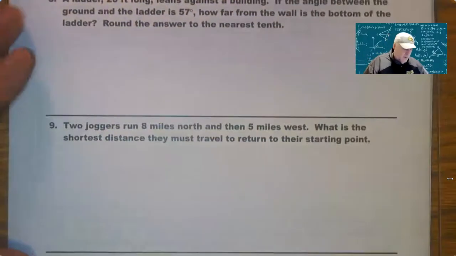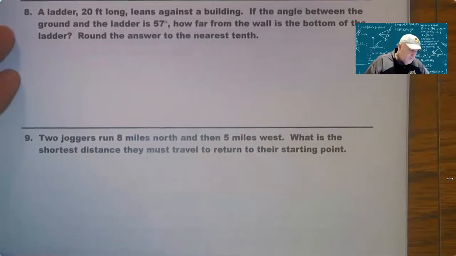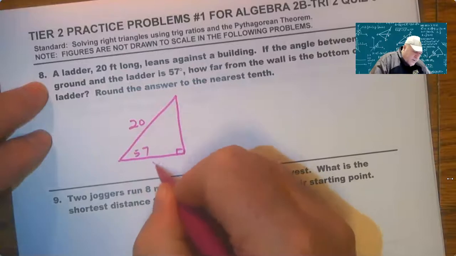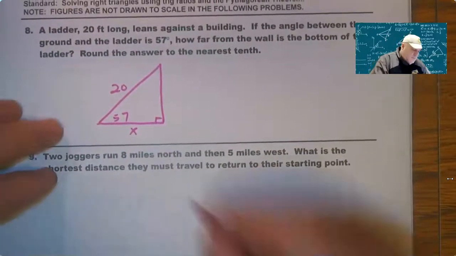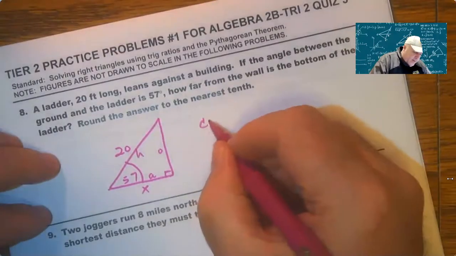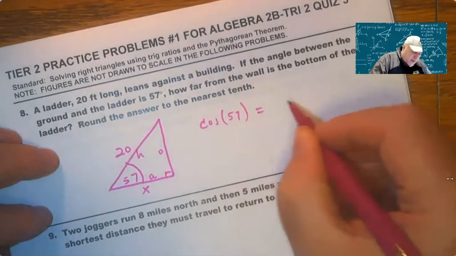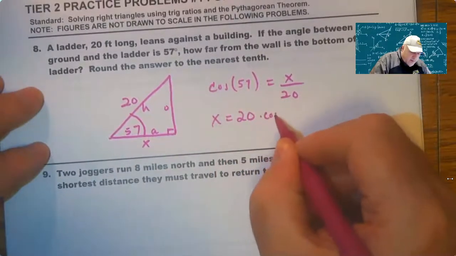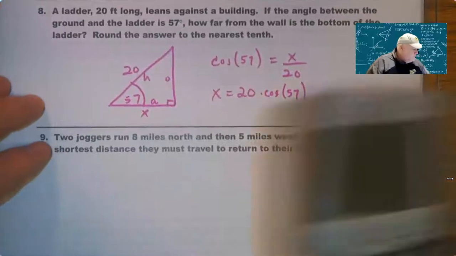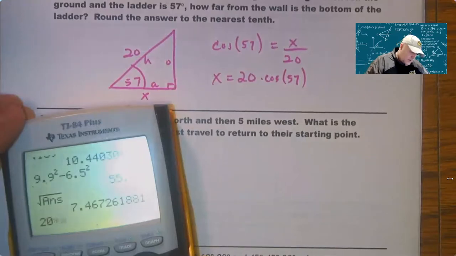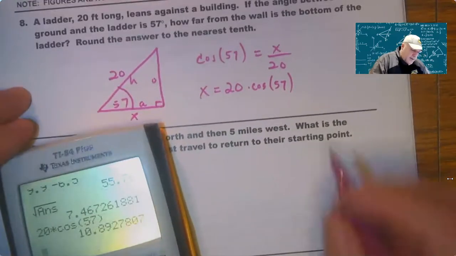Okay, some more problems here. So this is basically, you have the ladder. Here's the wall, 20 feet long. This is 57. What is X? Okay, so we have adjacent, hypotenuse, opposite. So this is going to be a cosine setup. Cosine of 57 equals X over 20. So X is 20 times cosine of 57. And that is 10.9